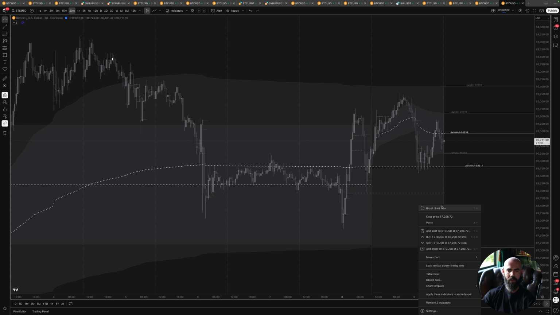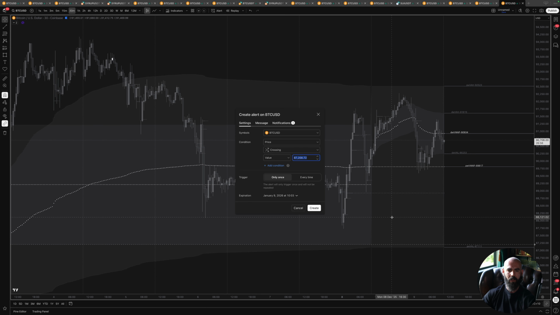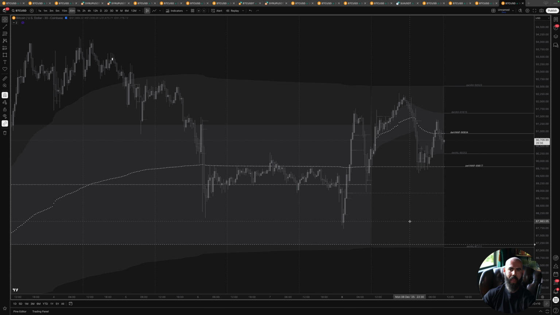I'll right click and say, from here, I want to add an alert, and I'll go create. And now I go live my life. Now I go and do other things. I'm not sitting around staring at a chart all day, scared that I'm going to miss a big move, getting in and out of trades that I'm constantly losing money on because I'm literally just becoming a part of the chop and becoming a part of the liquidity for algorithms and that sort of thing to take money